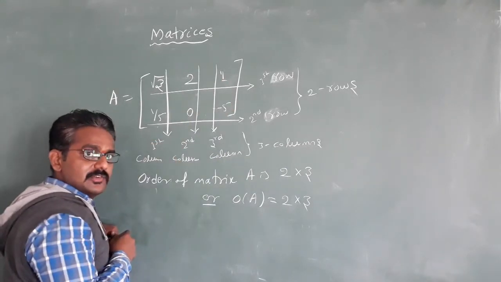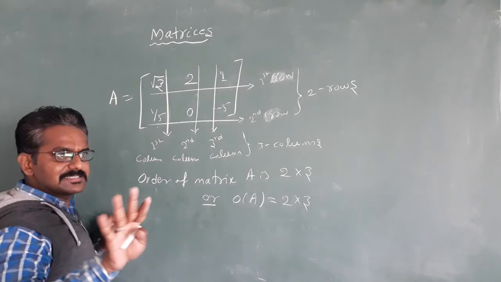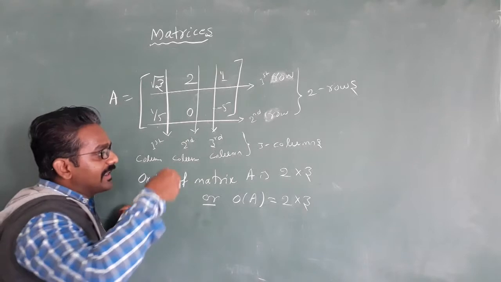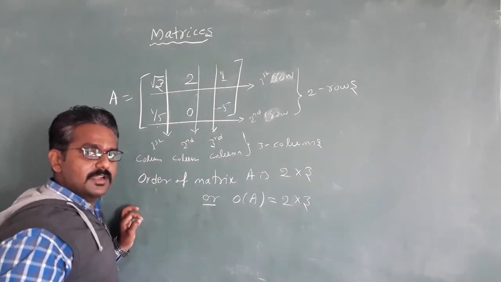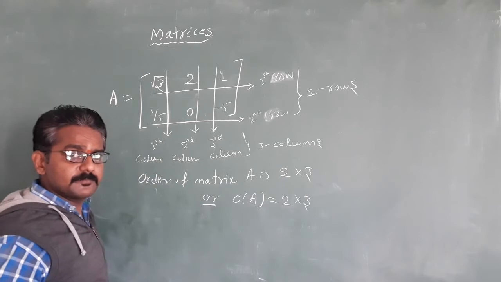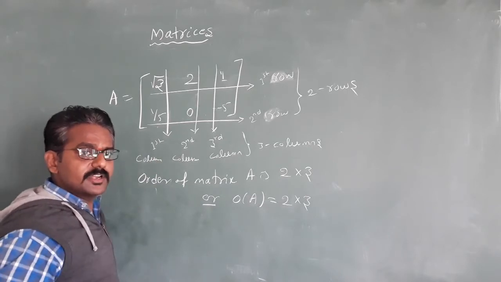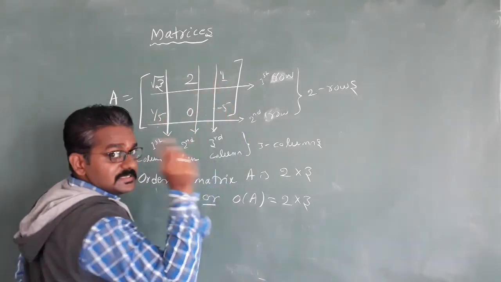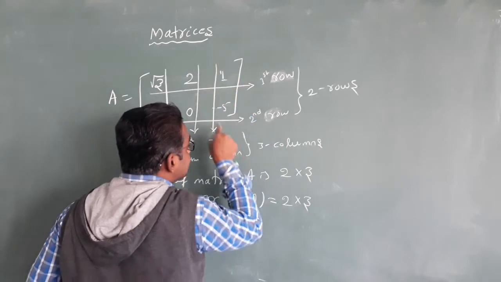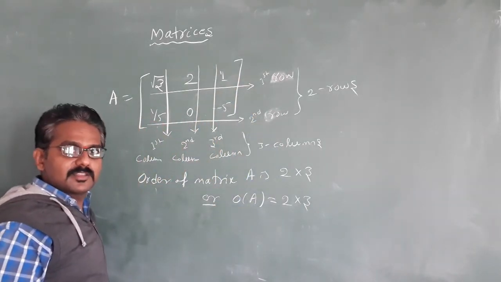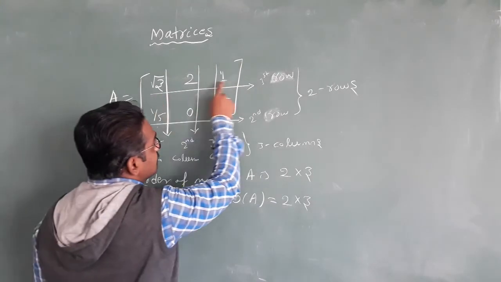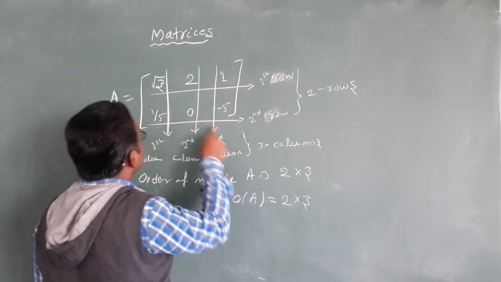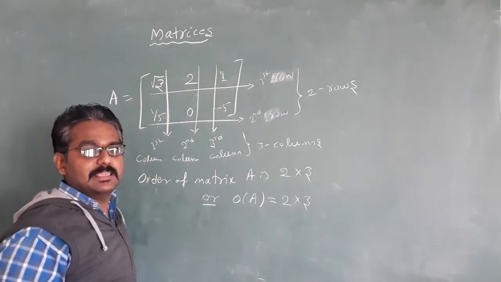If I consider the 1, here it is present in the matrix A itself. There is no other than this one. But we want the actual place of that element 1 in the matrix A. So how will we define or notate that? The element 1 of the matrix is present in the first row, third column. Got the point? So we mention the element 1 in the first row, third column of the matrix A.